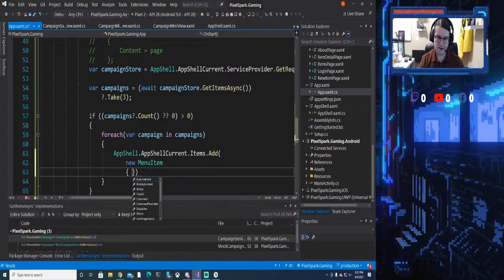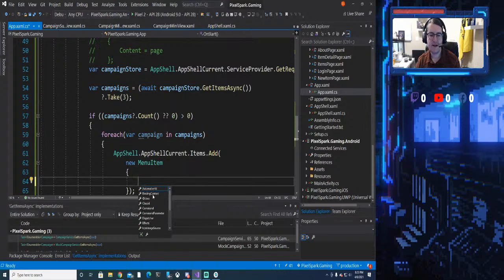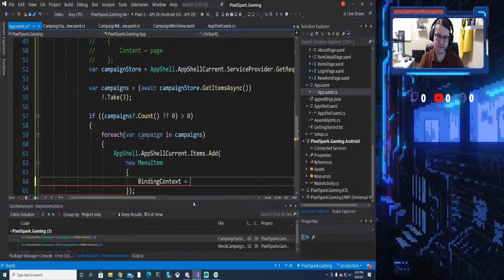So what can I put in a menu item? An icon image source, I can't do an image. I've got text, and I've got a binding context. What if I do